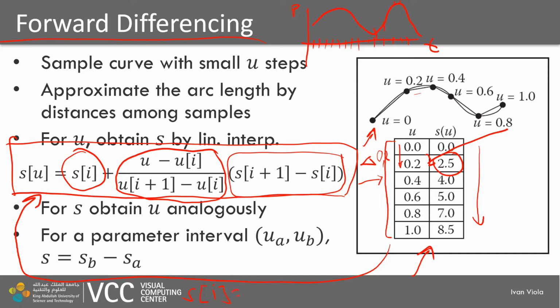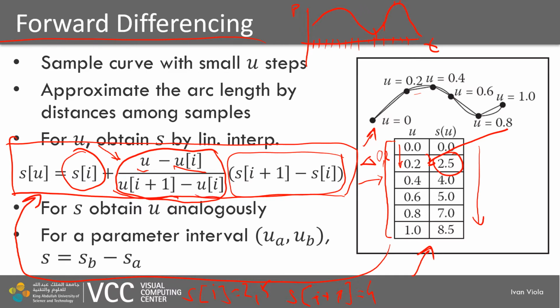S_i equals 2.5 in our case, and then S_(i+1) will be 4. And then we are calculating what is this fraction here of U terms. So U_i is 0.2, and we are calculating for U of 0.3. So 0.3 minus 0.2 will be 0.1, and